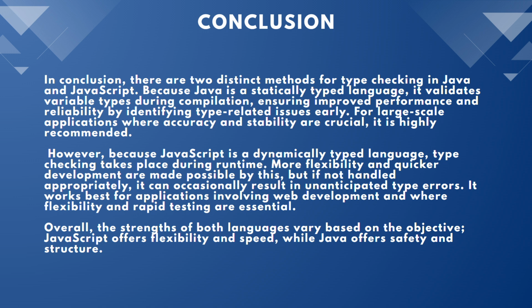However, because JavaScript is a dynamically typed language, type checking takes place during runtime. This makes more flexible and quicker development possible. But if not handled appropriately, it can occasionally result in unanticipated type errors. It works best for applications involving web development where flexible and rapid testing are essential. Overall, the strengths of both languages vary based on the objective. JavaScript offers flexibility and speed, while Java offers safety and